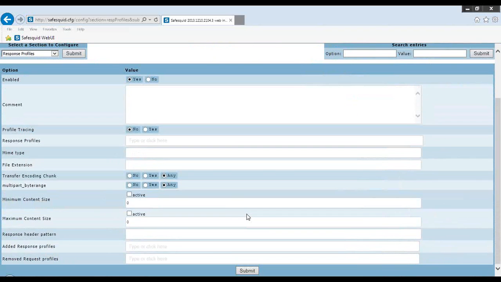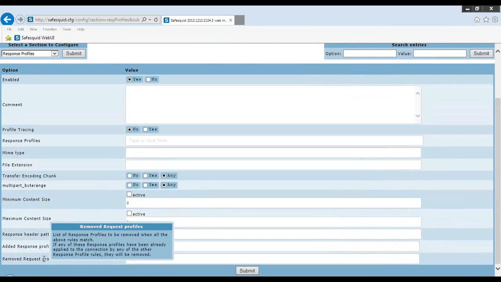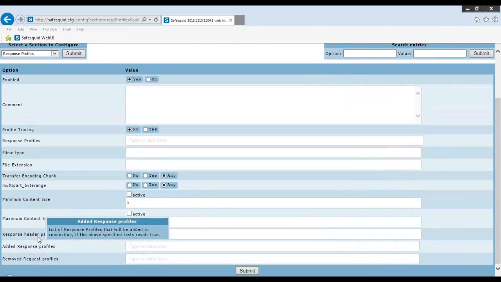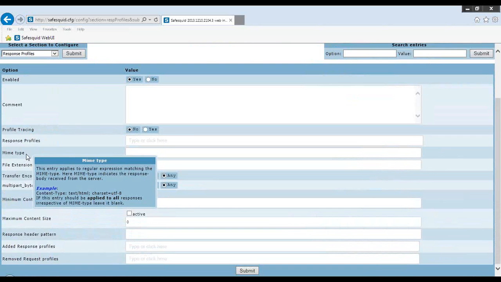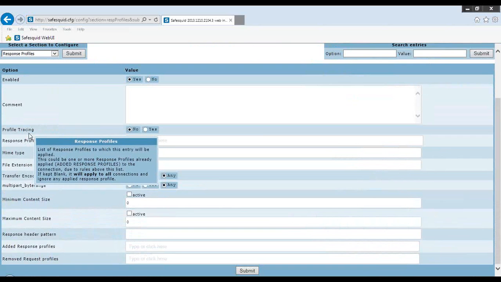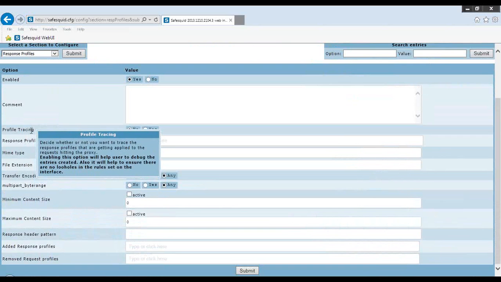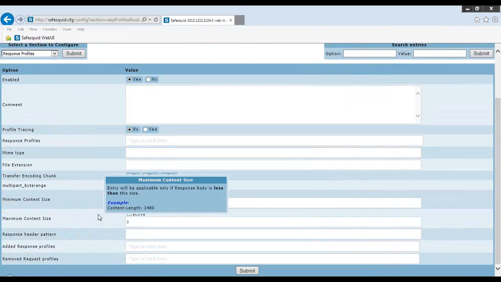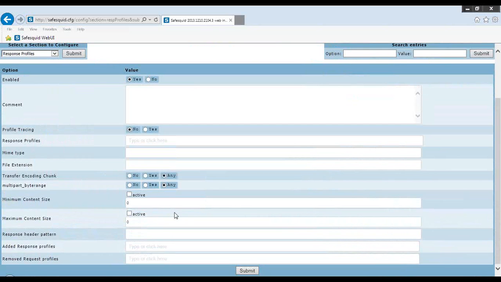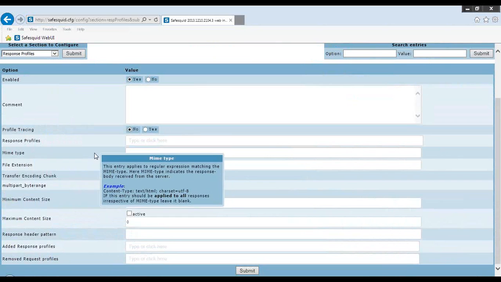So we still have the earlier system of tooltips. For each of the text boxes, what it is going to do and how it is going to work, you will be able to see on the tooltips and accordingly use it. So you can now create responses to be individually profiled based on the size of the content being received and the nature of the content, that is the MIME type.